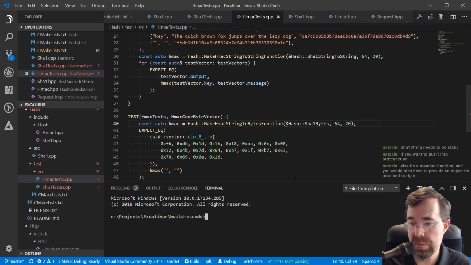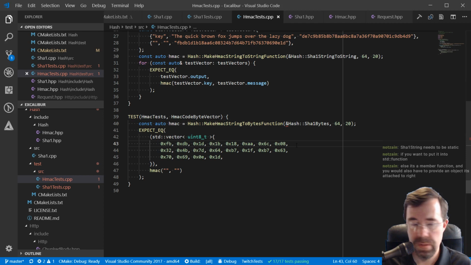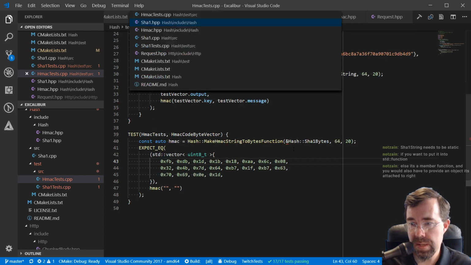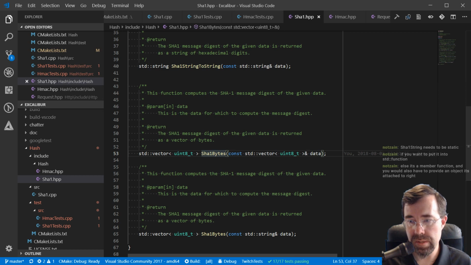Clear. It's not a member function, it's a free function. It's just a function inside of a namespace. I'm pretty sure that it's not that it's static or that it has to be a member function. I'm pretty sure it has to do with it being ambiguous. It's overloaded. So if I just make it unambiguous,